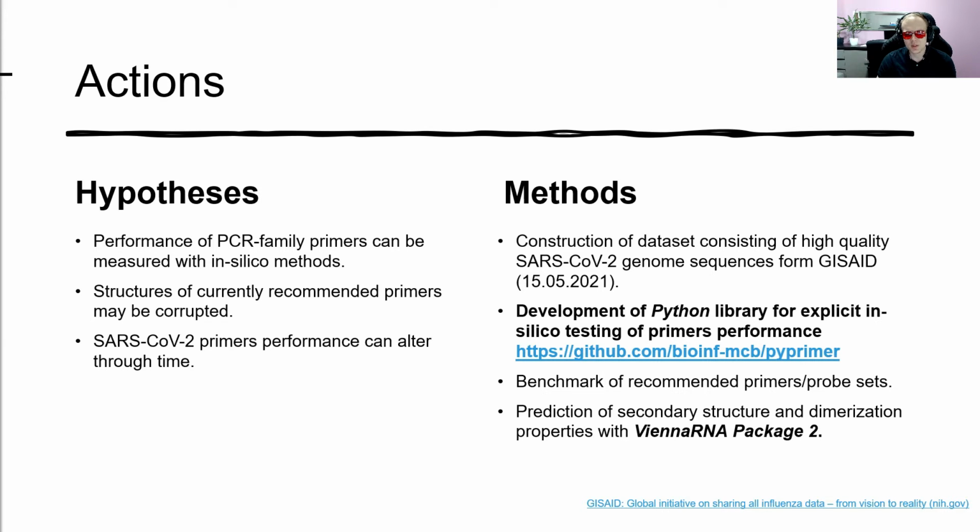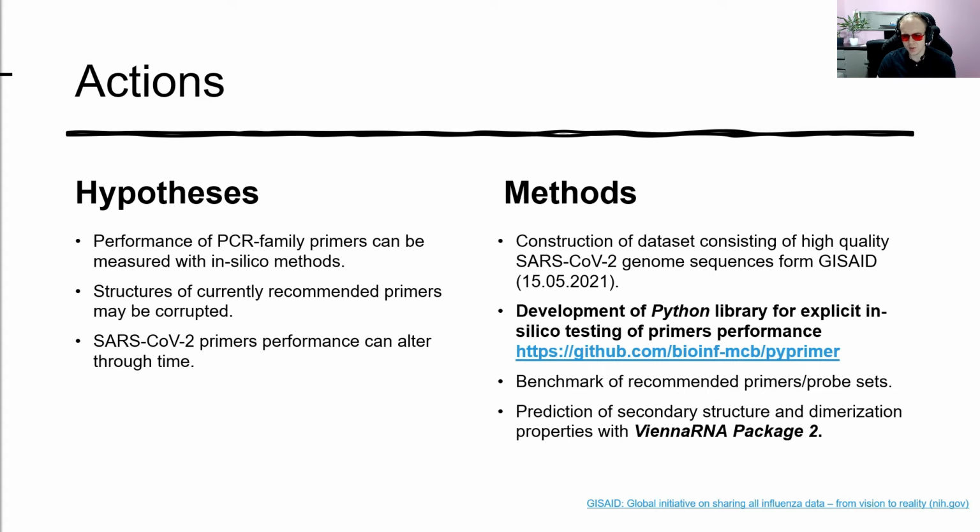First one stated that the performance of PCR family primers can be measured in silico, and we decided not to use multiple sequence alignments to be able to simulate all of the possible binding sites of primers within the mixture. Second one was about the structures of currently recommended sets, that some of them may be in fact corrupted and lead to homo and heterodimerization events. The last one stated that the SARS-CoV-2 primer probe set's performance can actually be altered through time because of the